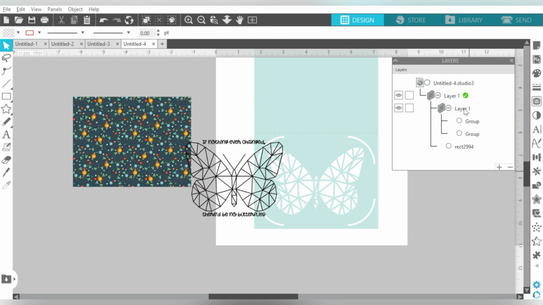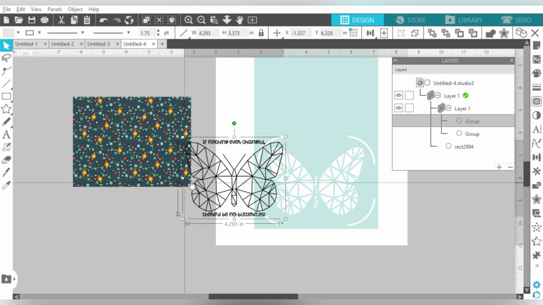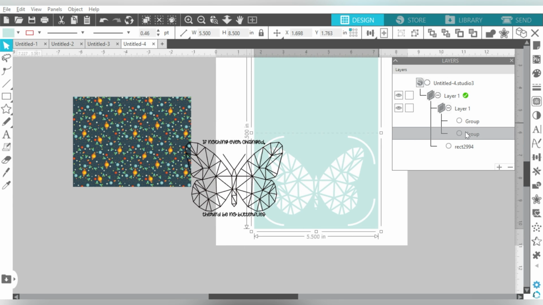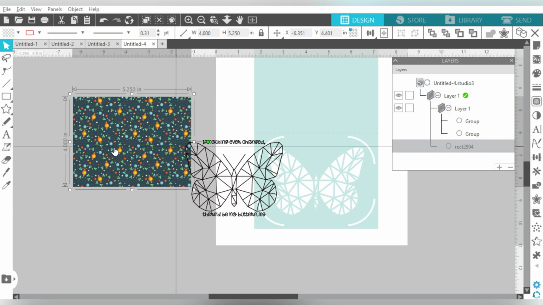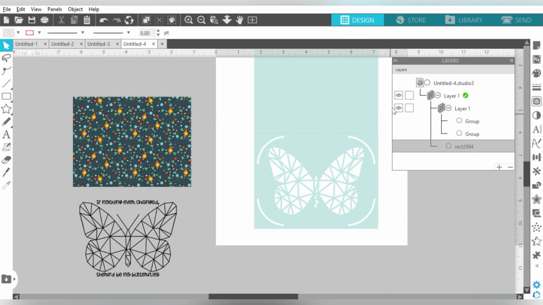So all I have left, if I go and click on them, I have group 1, which is the sketch pen. All right, I did group that together, remember? Group 2 is this part. The reason that it's grouped is because it is the cut of the card and the perforated line to create a fold line for the card, and then the rectangle, which is the card base. Okay, so we messed with the view and unview.